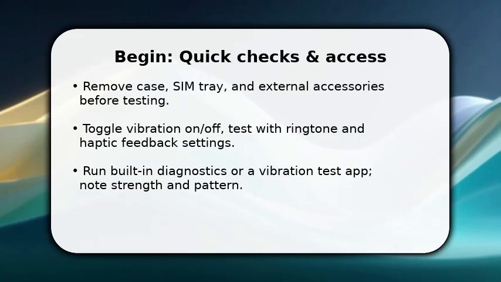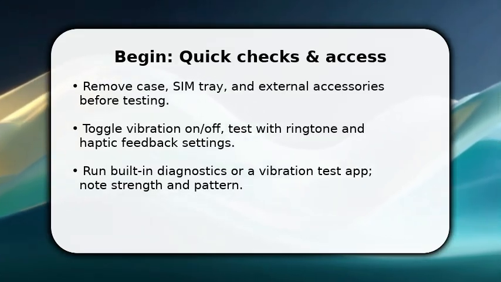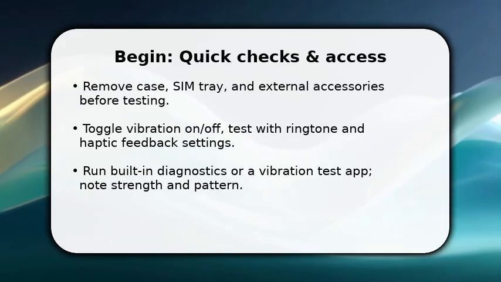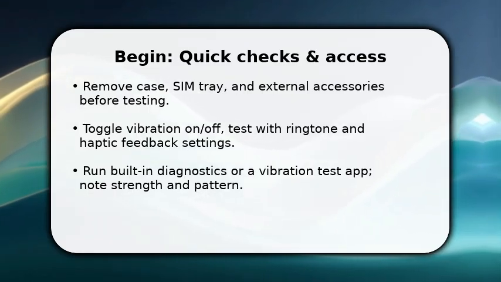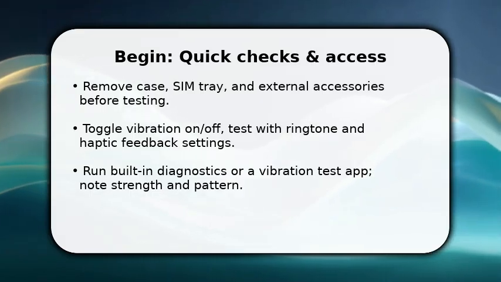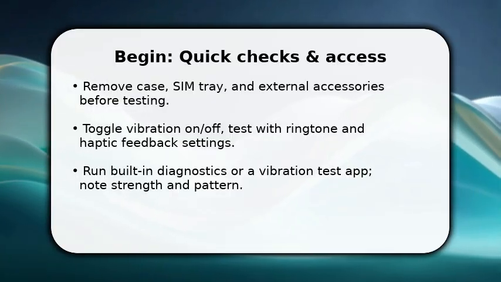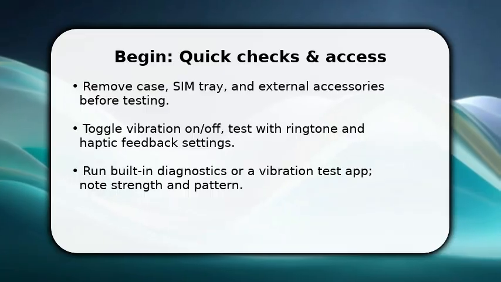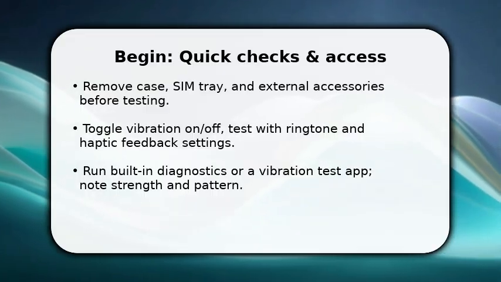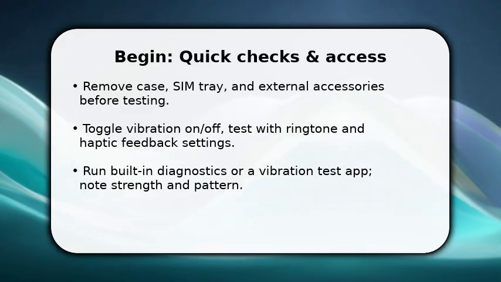You start by eliminating easy causes, so you tackle the real problem. First, remove the case and any magnetic mounts. Once done, toggle vibration in settings and run a vibration test so you can compare behavior. Make sure Do Not Disturb and app-specific haptics are off. If the phone gives inconsistent pulses, note when that happens. These steps narrow whether the issue is software, settings, or physical, so act now and record the symptoms before you